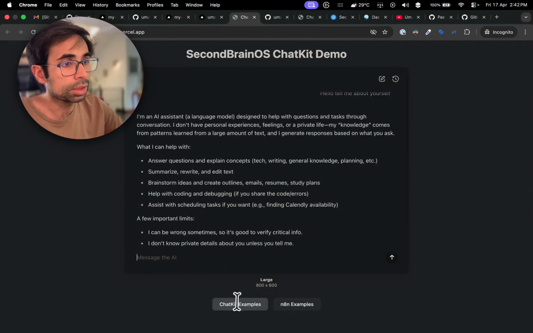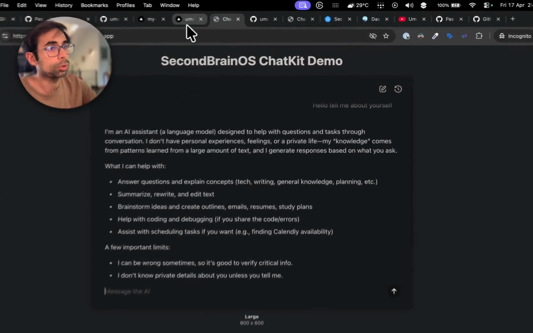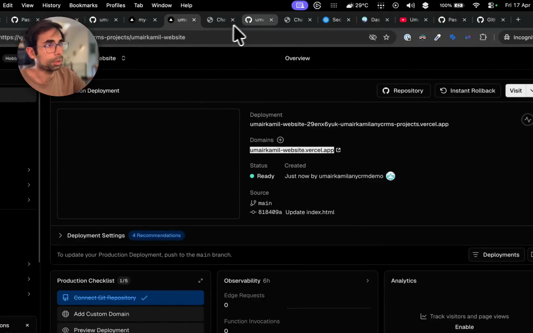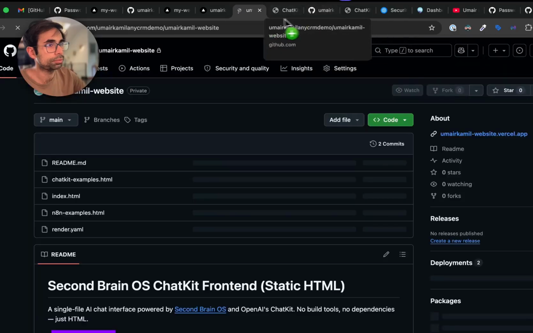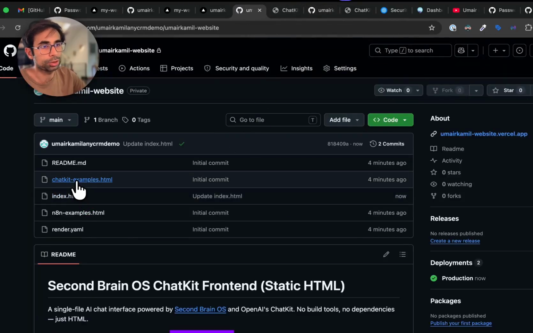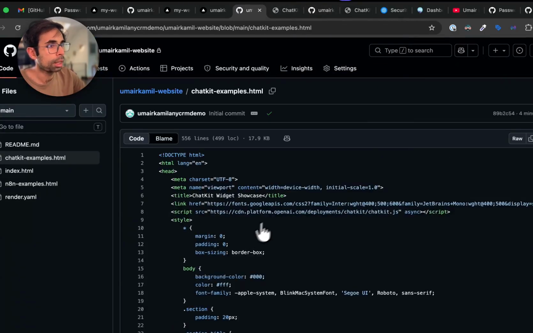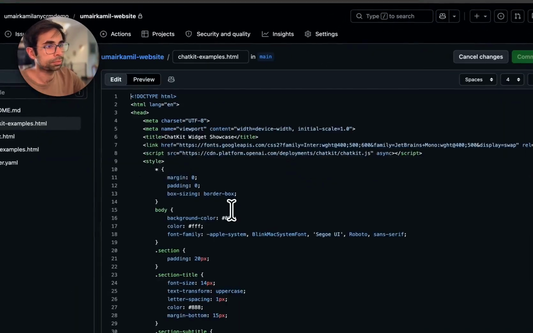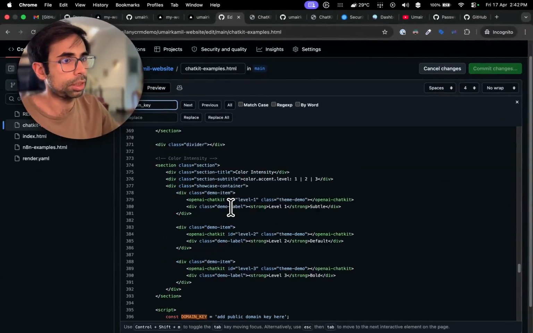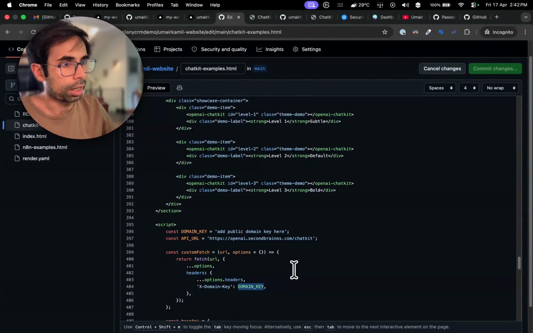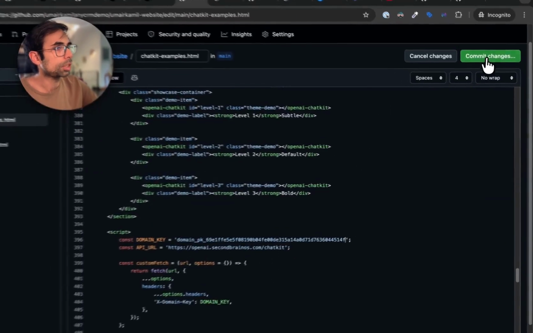That's really about it. Now, if you want to see how this can be laid out in different examples, what you need to do is keep that domain key copied and go back into your GitHub. And let's just open that again here. And over here, go into this one called chatkitexamples.html and press edit and press Command F again, and exact same process, domain underscore key. And after that, what you just need to do is add your domain key here, commit changes,